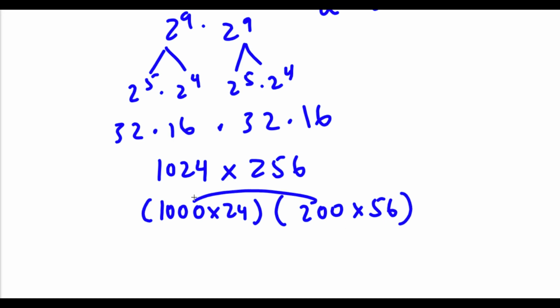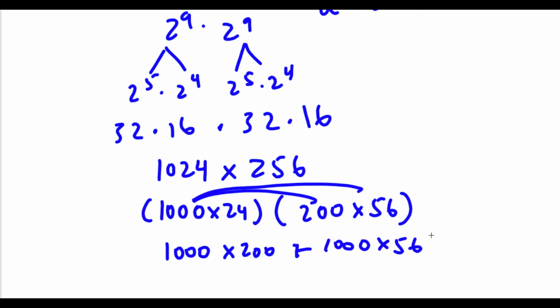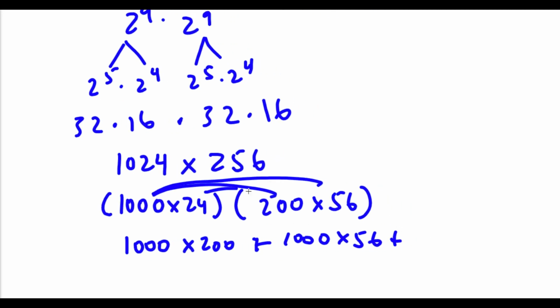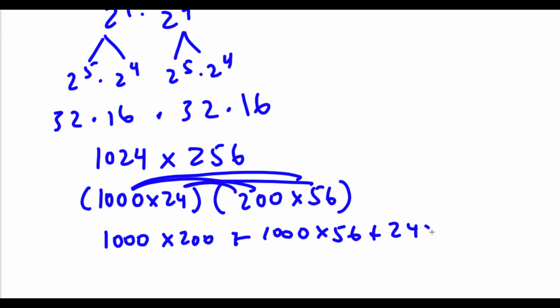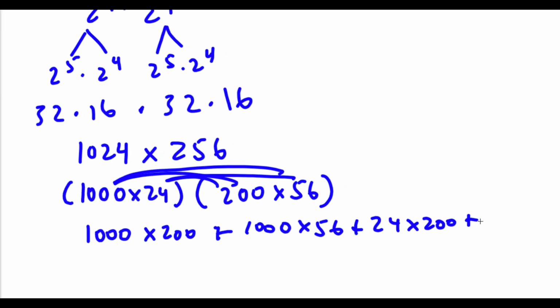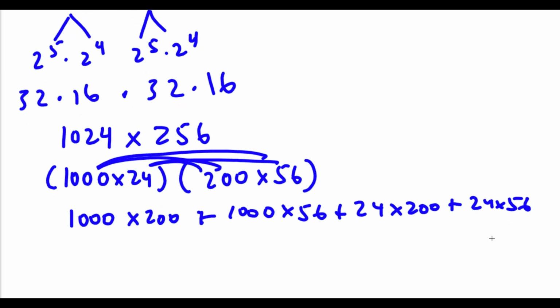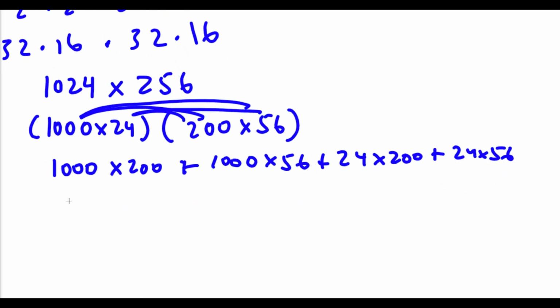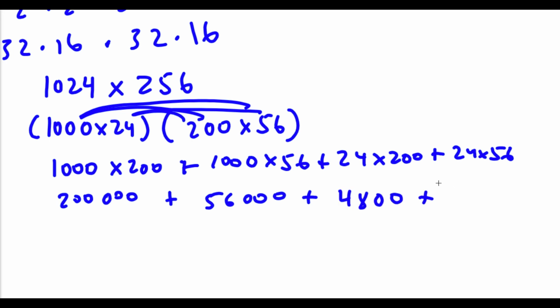So now to multiply these two, I'm going to first distribute the 1000. So I have 1000 times 200 plus 1000 times 56. And plus, now I'm going to distribute the 24. So I have 24 times 200 plus 24 times 56. Now 1000 times 200 is 200,000. Plus 1000 times 56 is 56,000. Plus 24 times 200 is 4,800. Plus 24 times 56